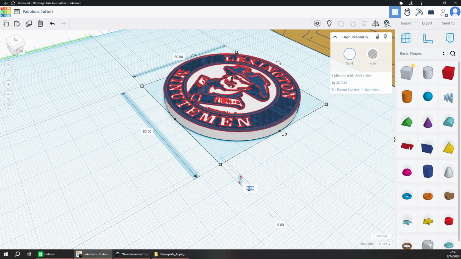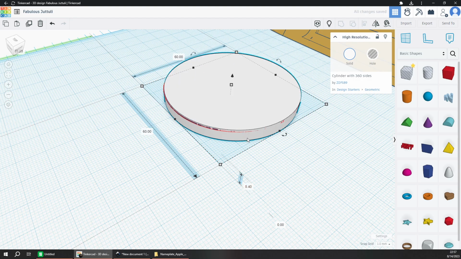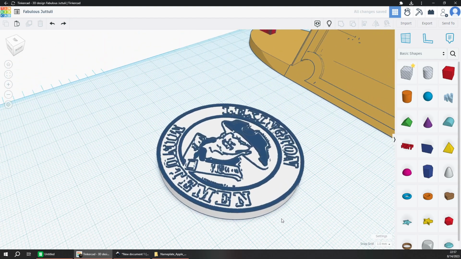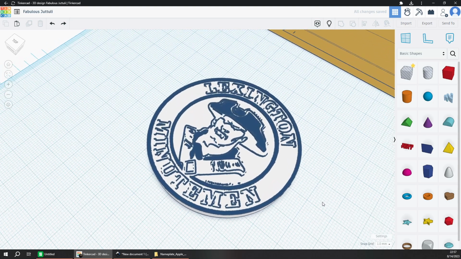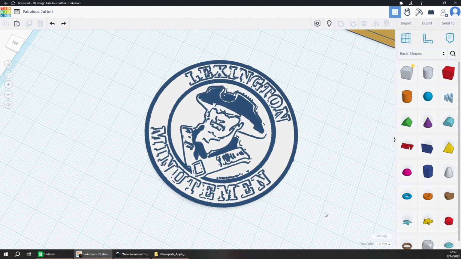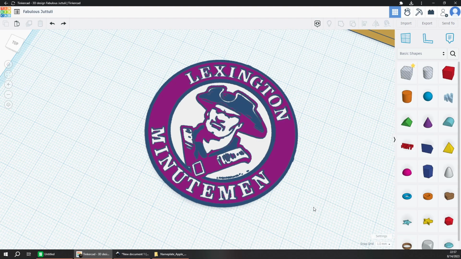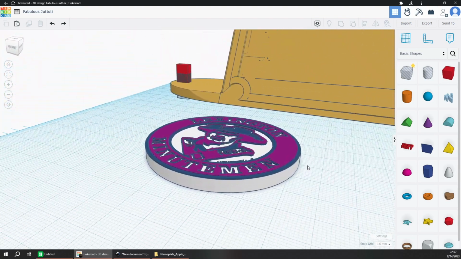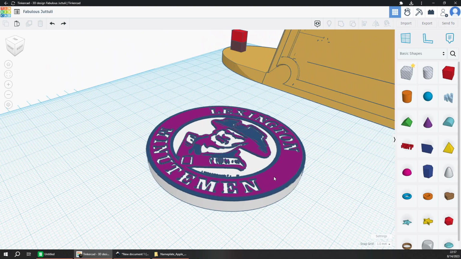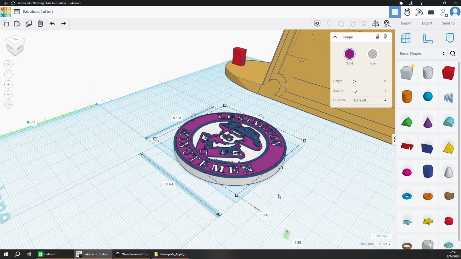While that's thinking, I'm going to make this 5 points. You know what? We'll leave it 5.4. That's oops, it's 4.4. Okay, so now we have what should be just the black. I don't know if that's going to work or not. Control Shift H to unhide. Maybe that works. Now